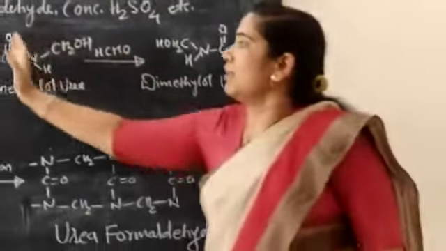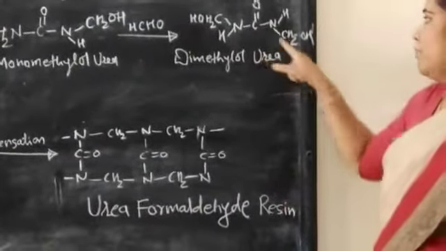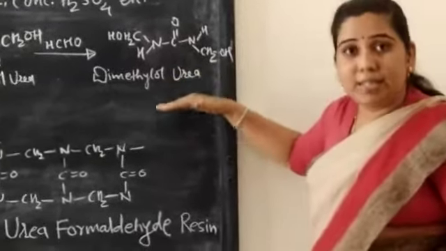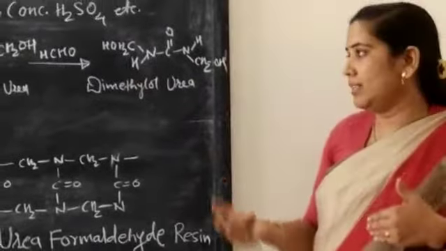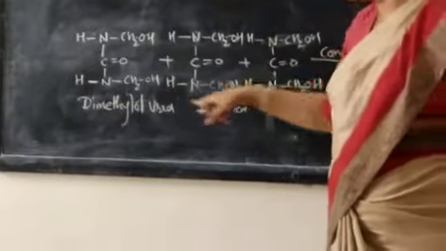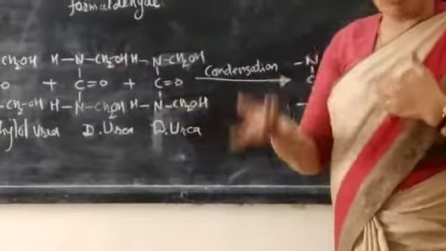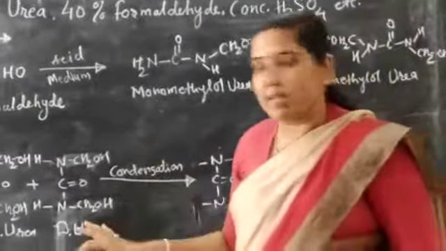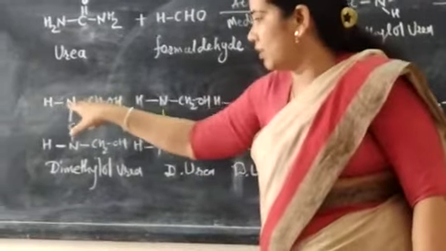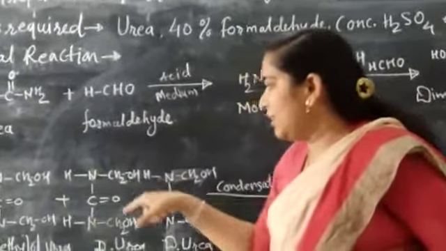It means that from the other side of the carbonyl group, one of the hydrogens is replaced by a CH2OH group. So in this way, at the last stage, you can see dimethylolurea. I have written this dimethylolurea molecule in such a way for the sake of convenience and proper understanding. So here it is given that N CH2OH, one of the amino groups CH2OH, and from this side also CH2OH. Again another is written in the same way.